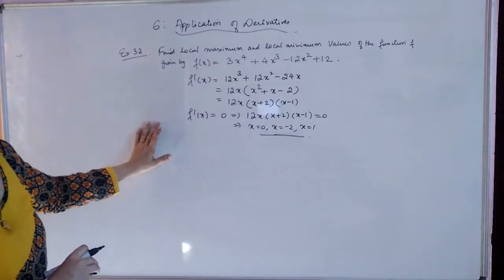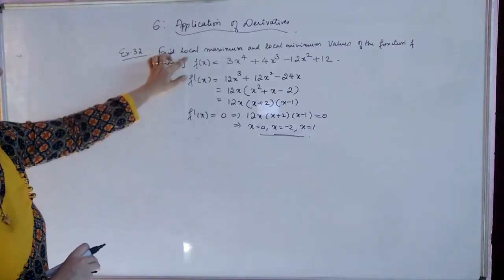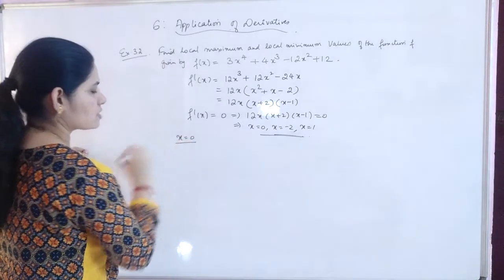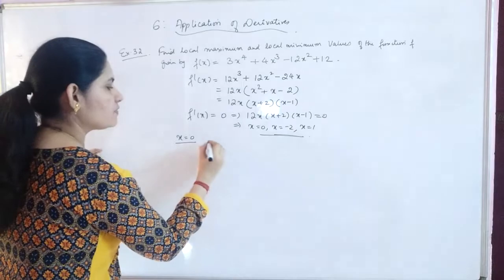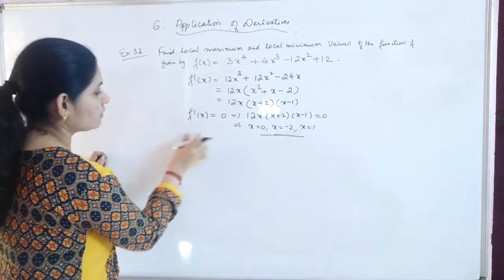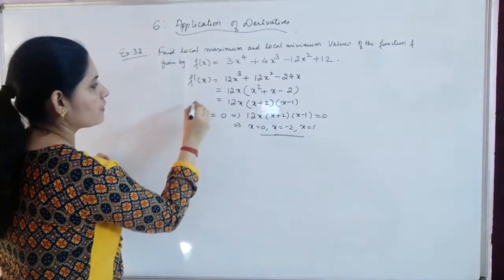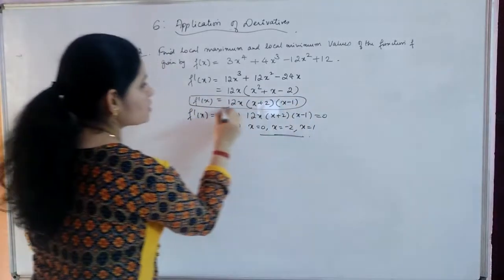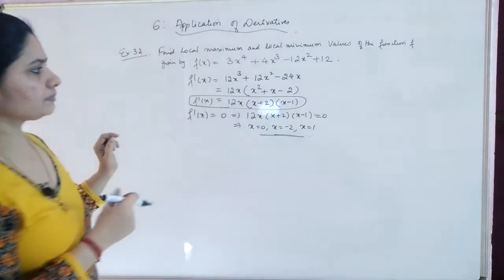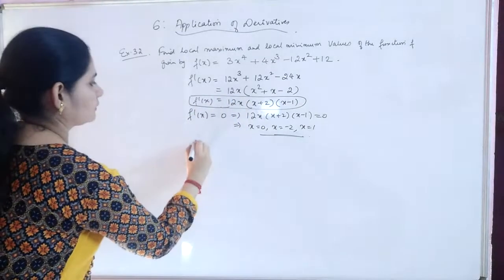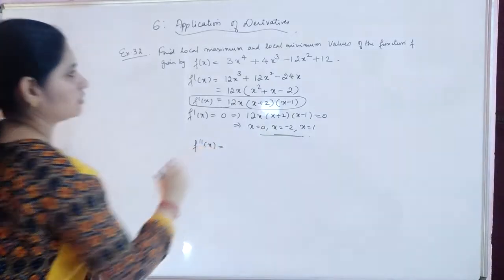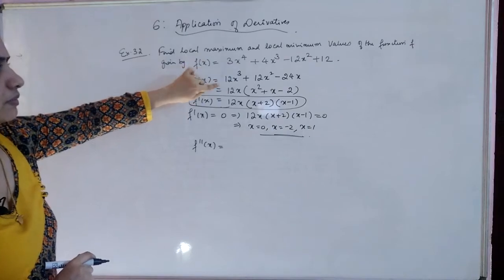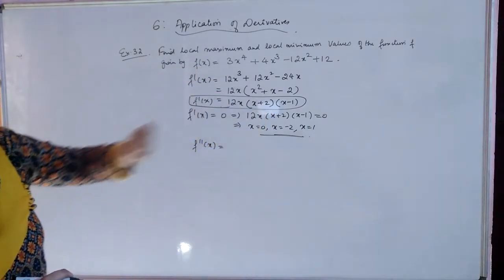So here we are using the second derivative test to get the local maxima and minima. Okay, let's check for x equal to 0. First we will find out what is f dash of x, and then we will find the points. Okay, this is f dash of x. Now we have to find out what is f double dash of x, and for that you can use this, which is easier for f double dash, because otherwise you have to use your product rule.